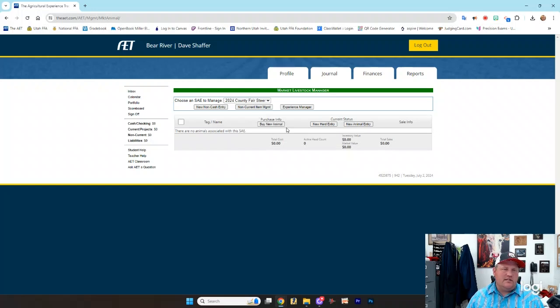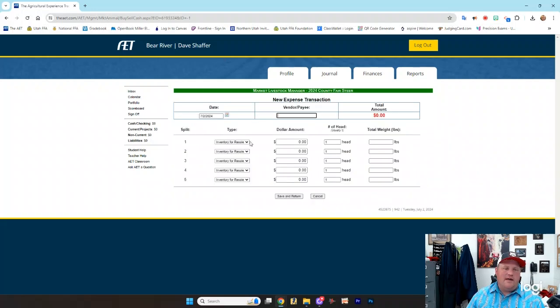This first thing I'm going to show you, this buy new animal, is going to be the situation where you are spending money to pay for that animal. You are actually handing over cash or a check to purchase that animal. And so when you click on that buy new animal option, you can choose the date that it happened, the person that you paid, who you bought that animal from. So let's just say we bought it from James